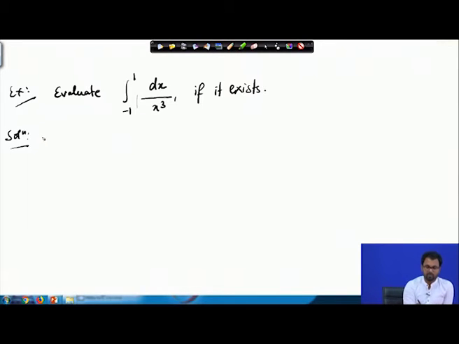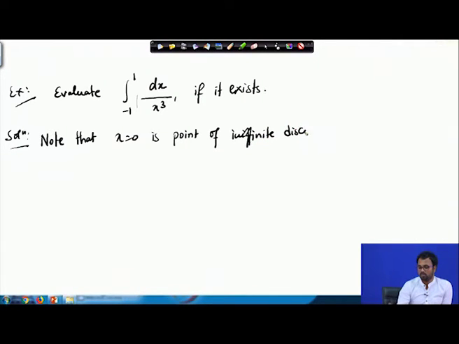So here we can write, note that x equals 0 is the point of infinite discontinuity. All right, and then I can write my integral I as the integral from minus 1 to 0 dx by x cube